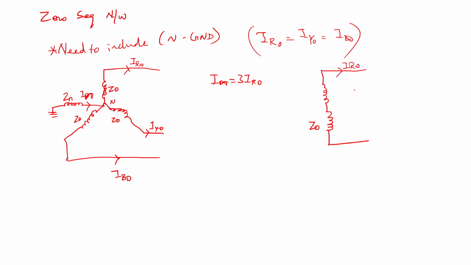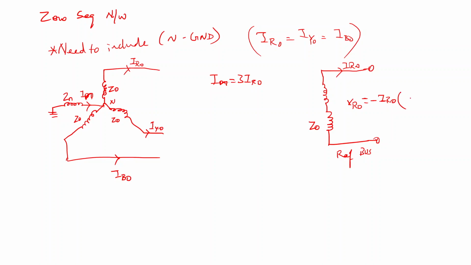For phase R I am taking this IR0, and this is the reference bus. Now tell me once again, what is the reference bus here? Ground. Very good. So VR0 is equal to minus, because the current direction here is different, so minus IR0 and